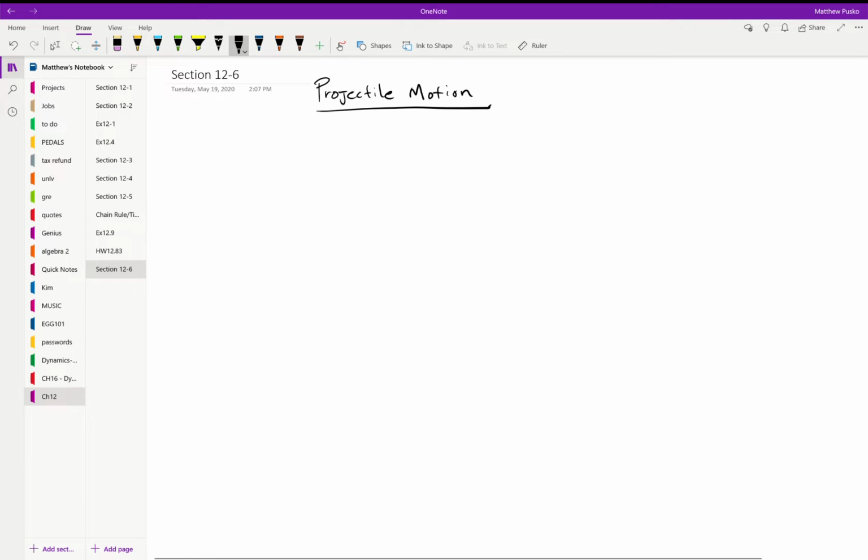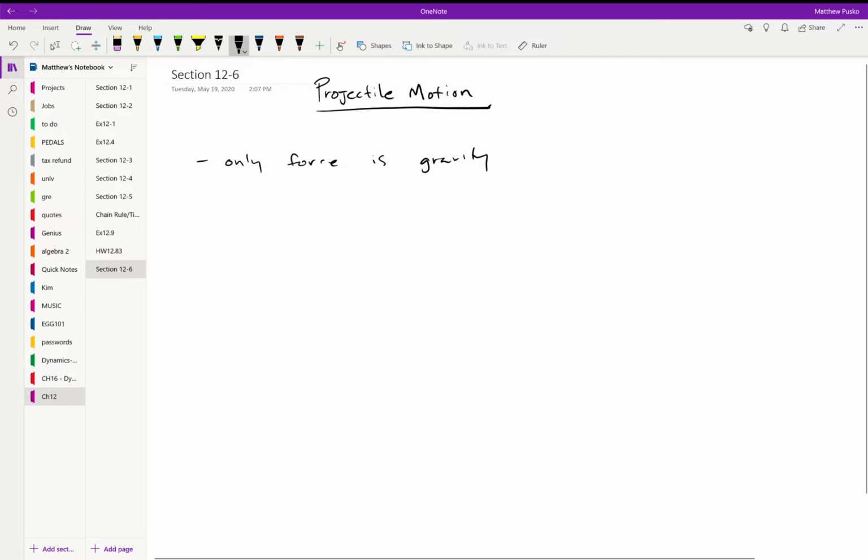Let's take a look at projectile motion, section 12-6. This is anytime that something's flying through the air. Doesn't have to be air. We're going to ignore the fact that it's in air in most of these problems, or ignore drag. I'll go over that. But it's any time when the only force is gravity acting on it,